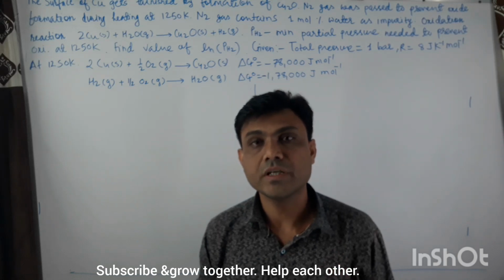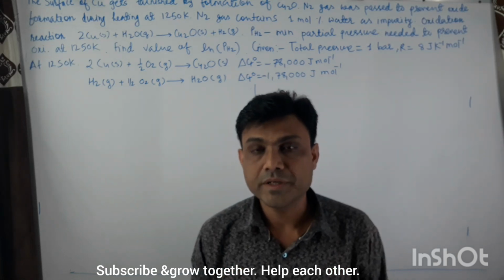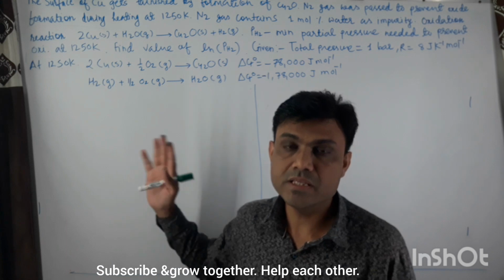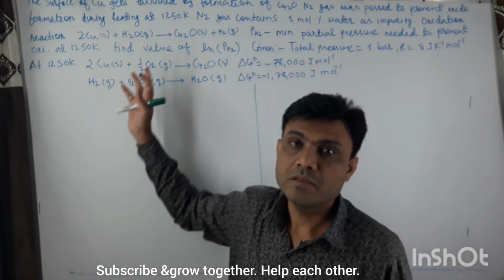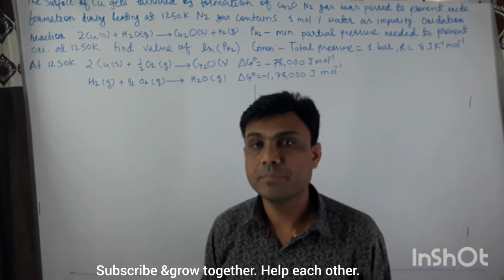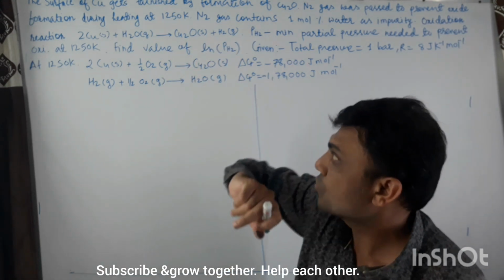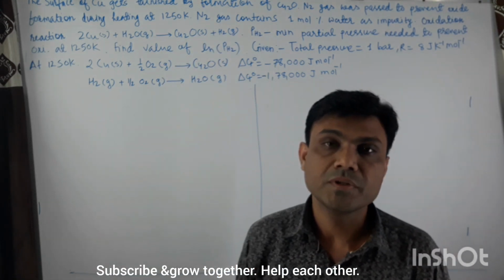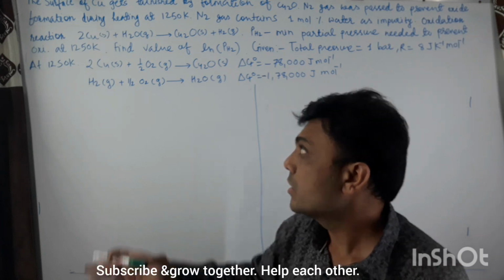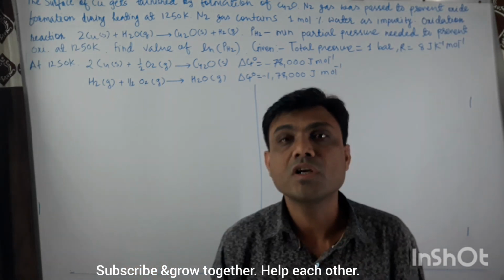We have to prevent the oxidation of copper into copper oxide. The data is given here, and we have to find the minimum partial pressure of hydrogen so that we can prevent the oxidation of the copper to copper oxide. The oxidation of the copper can only be prevented